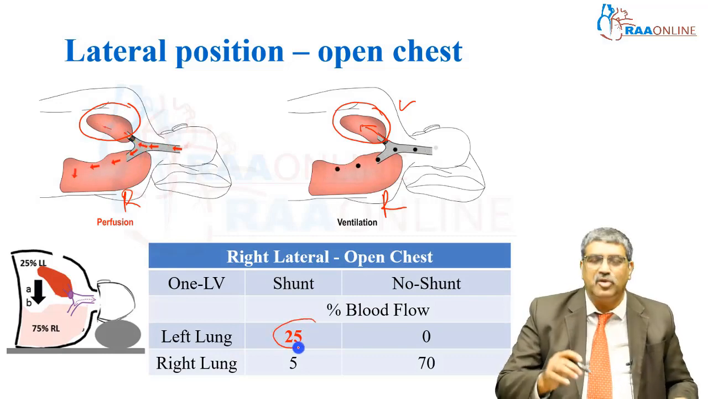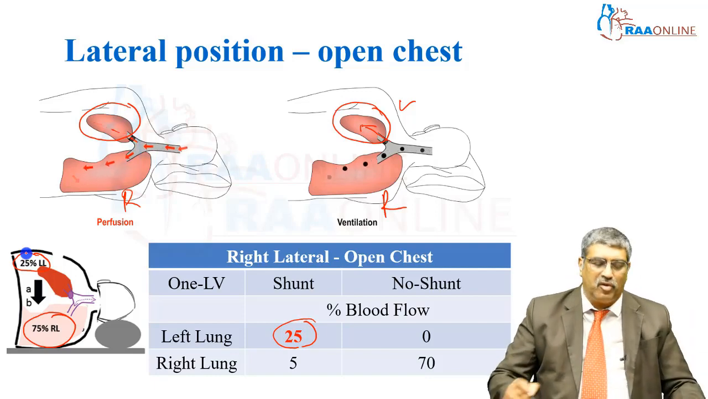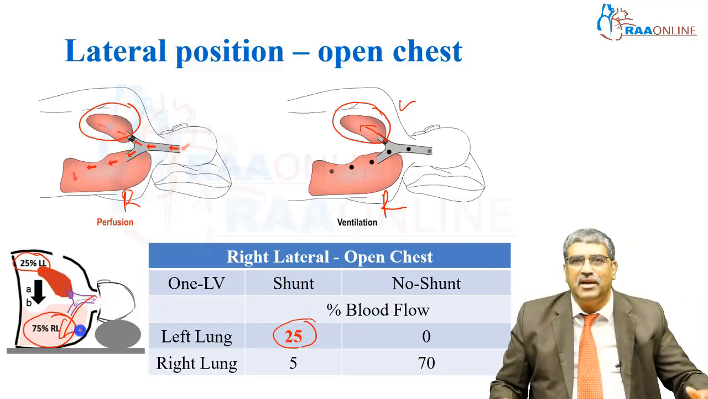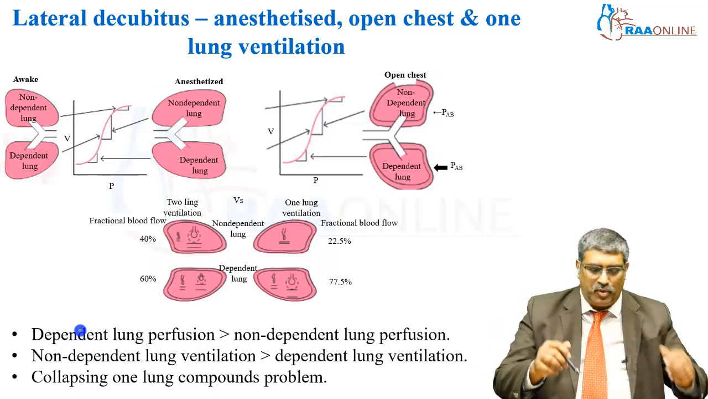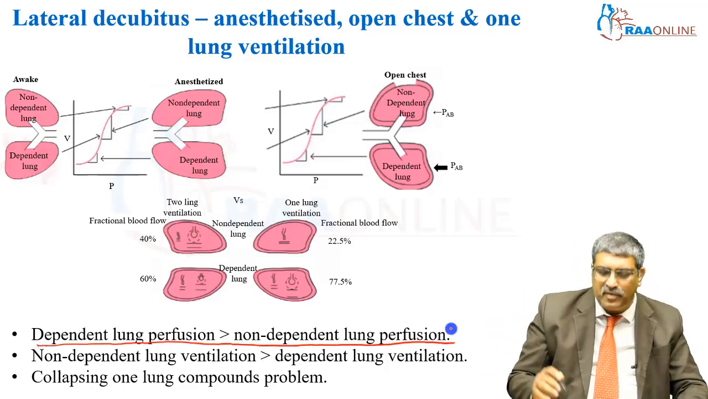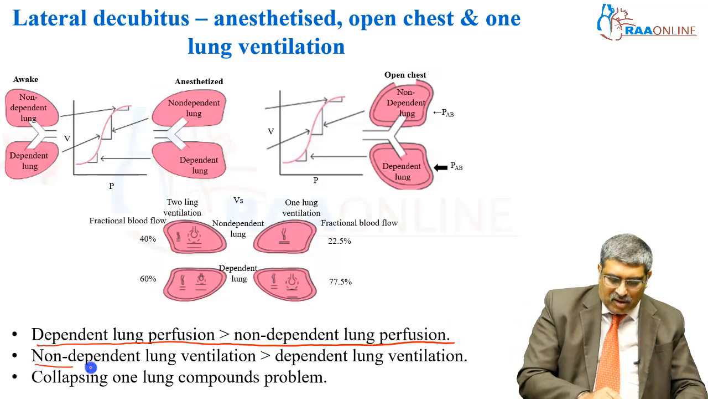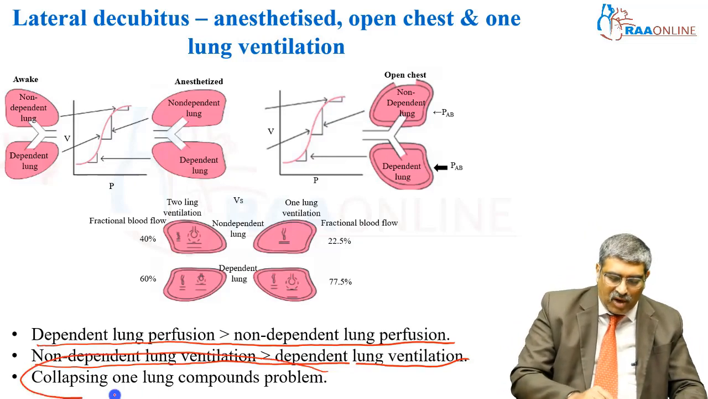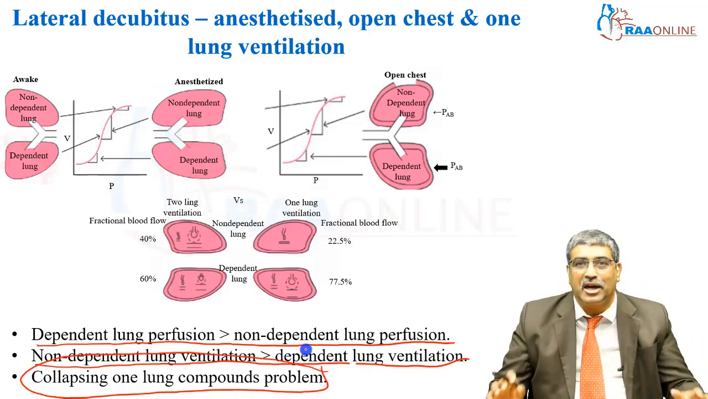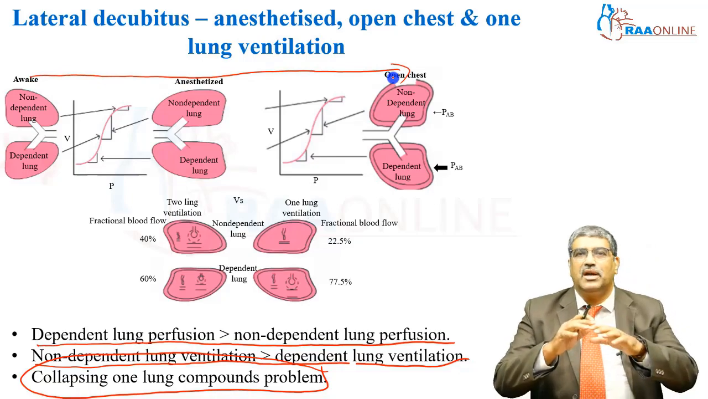Here, the left lung contributes to the majority of shunt and the right lung receives the majority of blood flow. The non-dependent left lung receives only 25% of blood flow, but the entire ventilation is going to go only to the dependent right lung. To summarize what happens in the lateral position, the dependent lung perfusion is always greater than the non-dependent perfusion. Before collapsing the lung, the non-dependent ventilation can be greater than the dependent lung ventilation. But once you collapse that non-dependent lung, it is going to aggravate your hypoxia further. As you move from awake to anesthetized to open chest, your hypoxia is going to